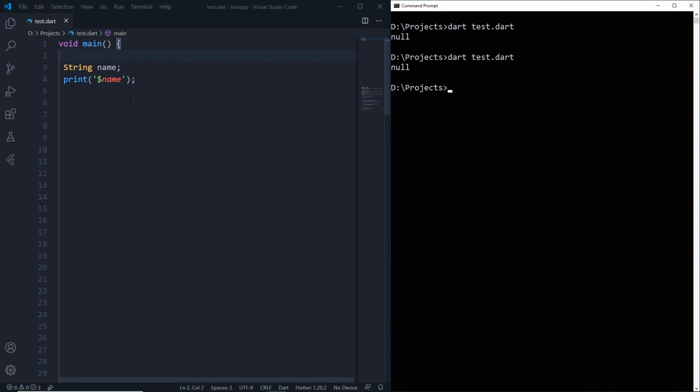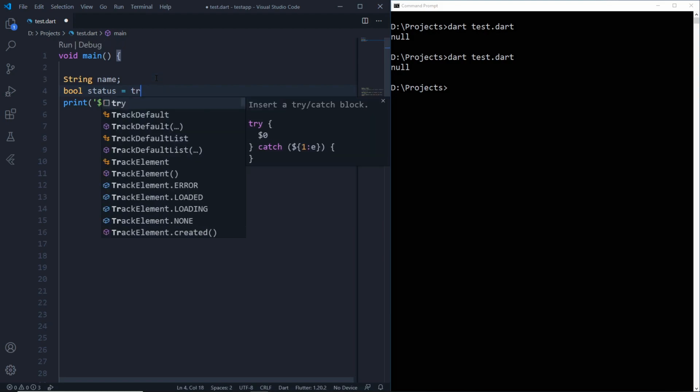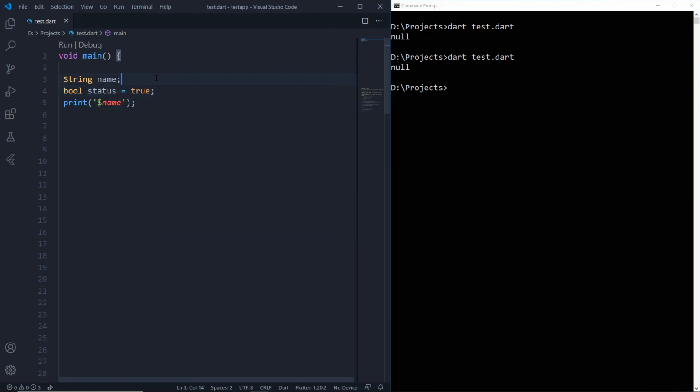But string interpolation is not just about that. String interpolation is actually getting a final string by evaluating a lot of expressions. What that means is that let's say I have a string name and I have a boolean that gives me a status of whether I'm online or offline by giving me simple true or false. Now to print whether the name provided is online or offline, you might have to do an if-else check. What string interpolation does is that it can do the same thing inside a single expression.